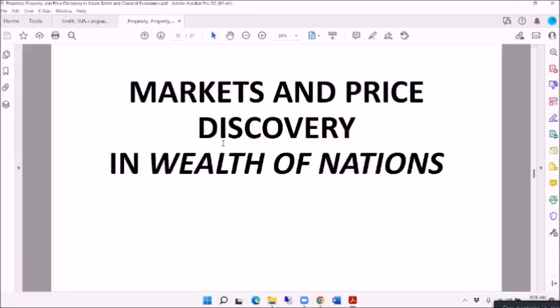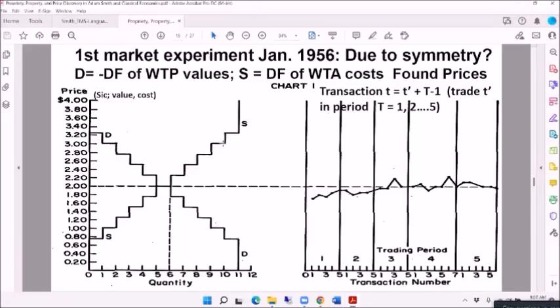Okay. All right, let me now move to part 2 and price discovery as we find it in The Wealth of Nations. And let me begin with the first experiment I did, which was in January 1956. And these results, by the way, shocked me. And I thought there was something wrong with the experiment, that the market converged so quickly and easily to the supply and demand equilibrium. That defied everything people believed, thought, and taught in theory